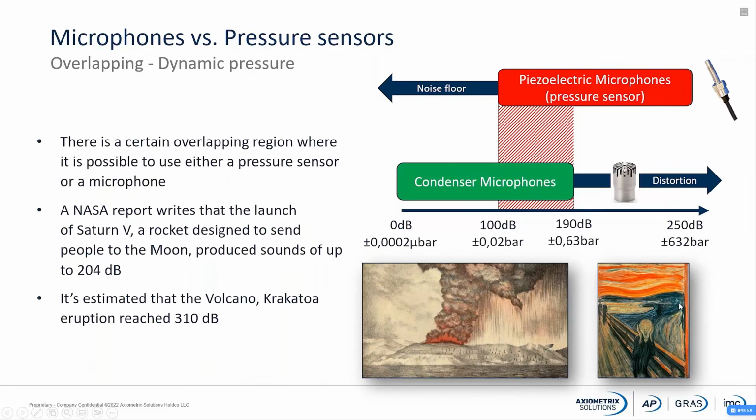And this picture here, maybe you are asking if I'm starting to be interested in art here on my side. Well, it is actually Edvard Munch that painted this painting, and this is called The Scream. And The Scream has been inspired by this Krakatoa volcano eruption. So you can actually see the sky is filled with smoke and so on, and 310 decibel, it's probably not enough with just two hands over the ears. Anyway, this is